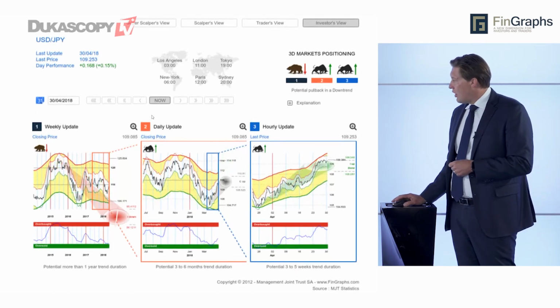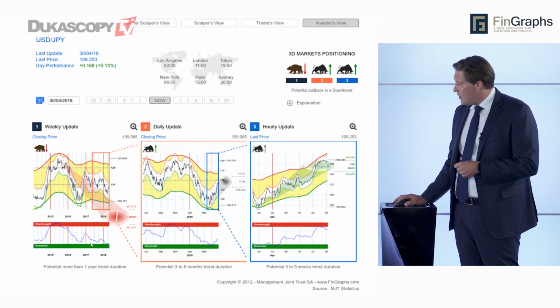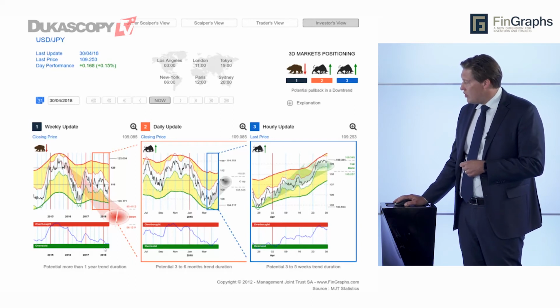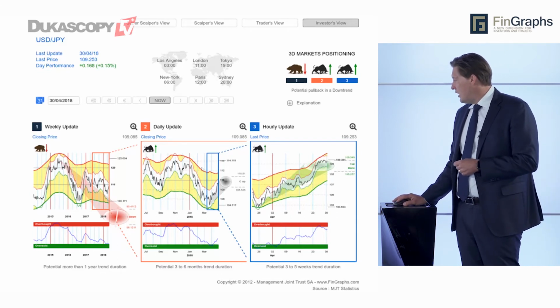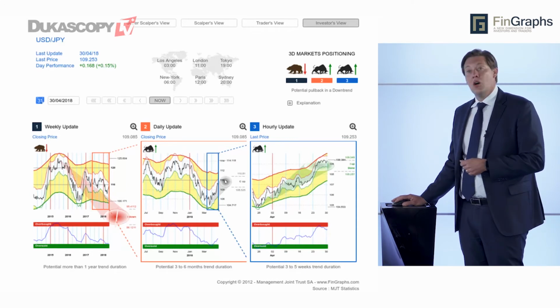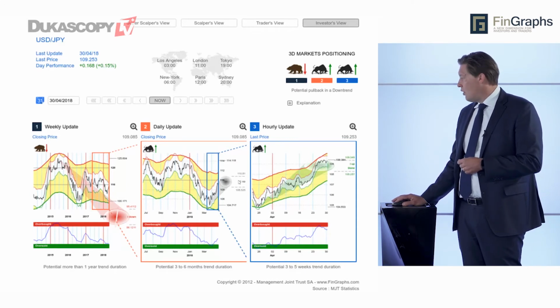The dollar yen is still downtrending on our weekly chart, but as we can see, it's very much oversold at the moment on our risk index and can justify a bounce which could last 1 to 2 quarters. If we look at the daily, we've also come to the oversold position. We've corrected up to our corrective targets up. These will act as resistance, so we may see some work during May,